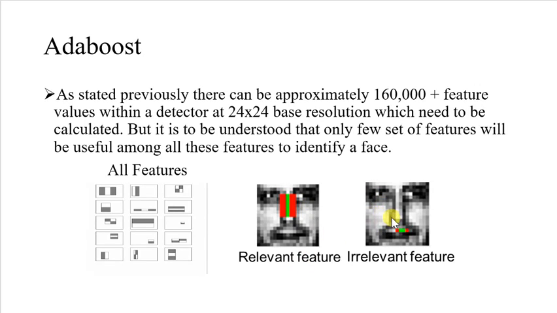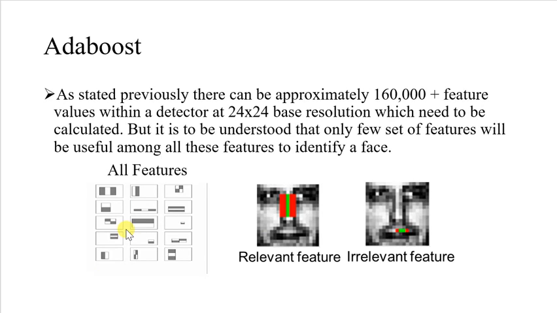And in this face image, this feature would not give any relevant information, because more or less this region over here, the upper lip, is constant, so you do not get any relevant data from this feature. So you can say that this is an irrelevant feature and you can eliminate it so that it is not considered for further evaluation. In this way, we are trying to understand which one is relevant and which one is irrelevant among all these 160,000 features.